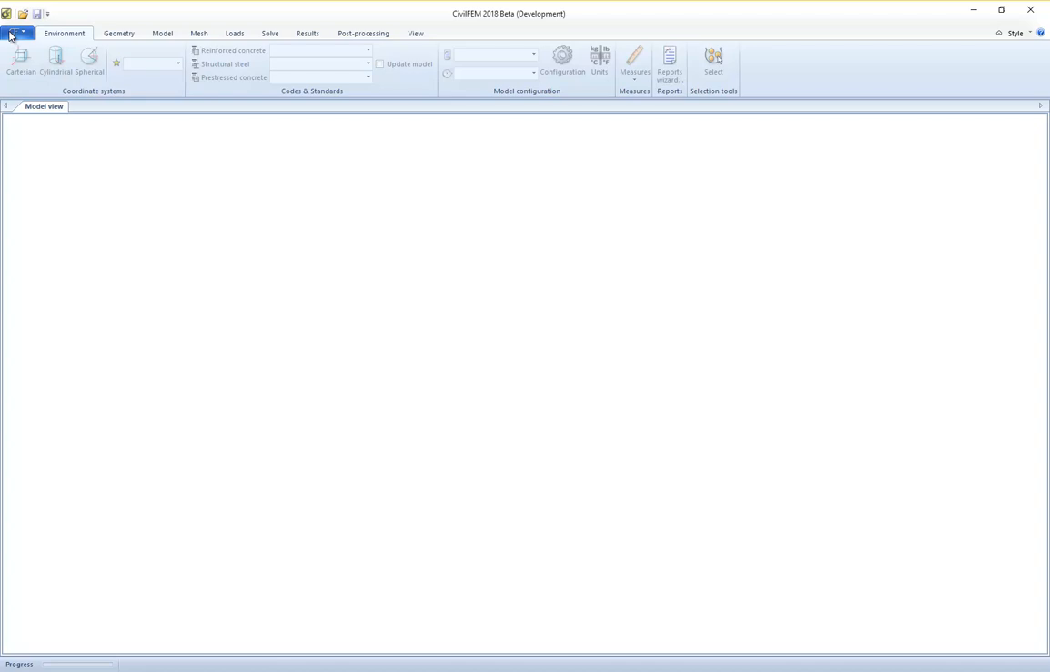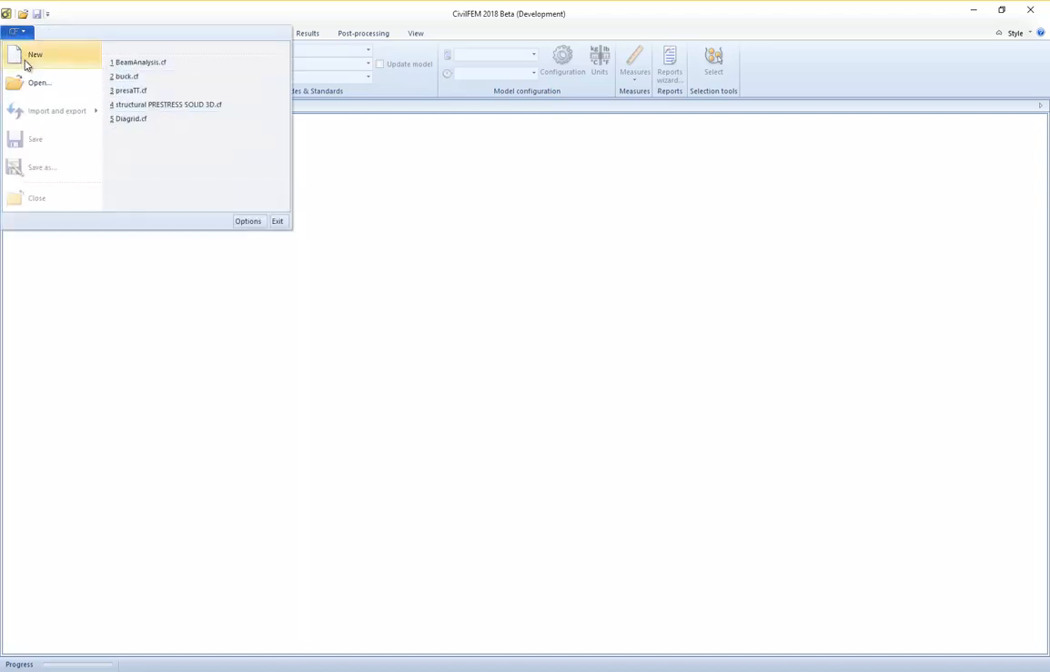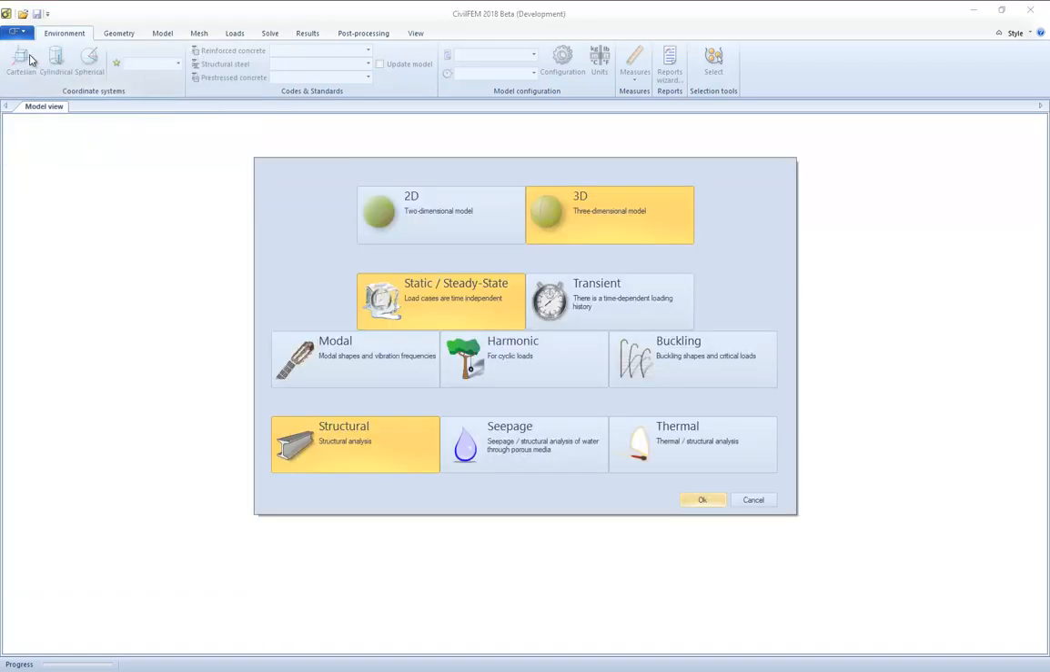but the first stage is to start a new analysis by just clicking here on the top left button and click on new, or using the hotkeys control key plus N. We will create a new model. Once we click on the new model, we have these options, which are by default 3D, static,